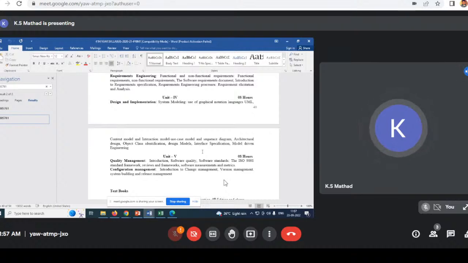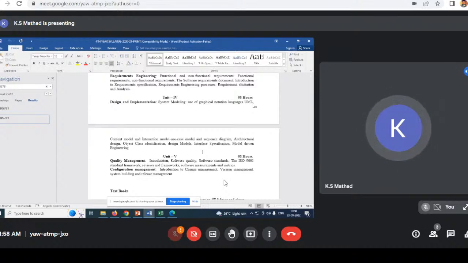So if I take ATM again as a system, what are the actors who are involved in the system? Say for example, the customers who are using the ATM. Okay, then the maintenance staff, which is mainly used for providing the maintenance for the system. So all the actors who are involved or interacting with the system, okay, that is dealt with the use case